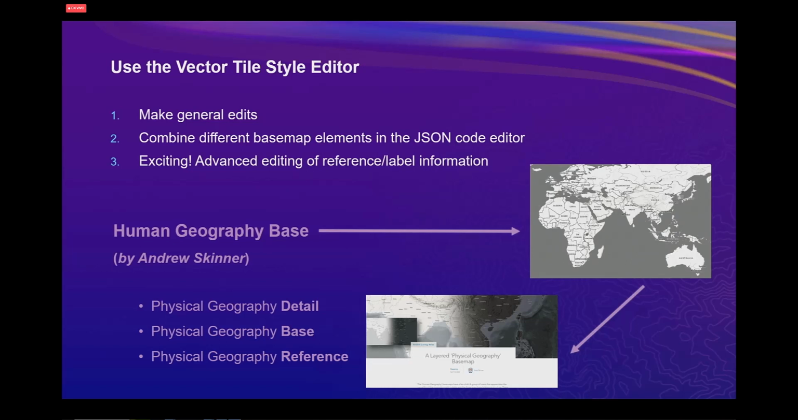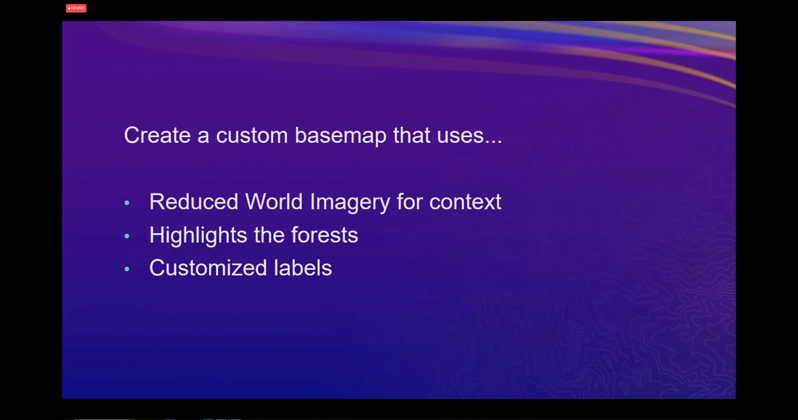We're going to be working on 3 layers. Andy Skinner here, he developed the human geography base map. It's perfect, it's minimal, I use it all the time. But he's recently created a physical geography version that uses the beautiful human geography style. He made those edits in the vector tile style editor, and we're going to take his latest base map, and make some further modifications to it so we can create a custom base map that uses imagery,